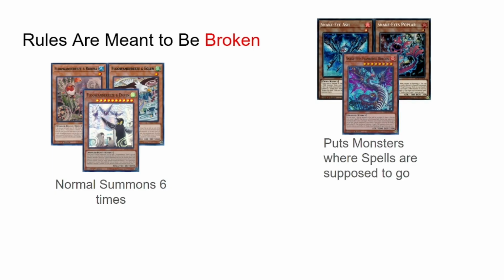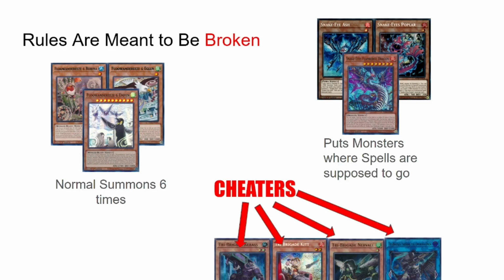To go on a small tangent, one of the most exciting and daunting things about Yu-Gi-Oh! is its willingness to break its own rules in order to produce interesting cards with original effects. For instance, you're only supposed to get one normal summon, but what if we made a deck that did it 6 times? What if we made a card that put the monsters where the spells are supposed to go? What if we allowed you to cheat out monsters you're not supposed to? What happens then? The issue is, this constant breaking and restructuring of its own rules means that it's near impossible